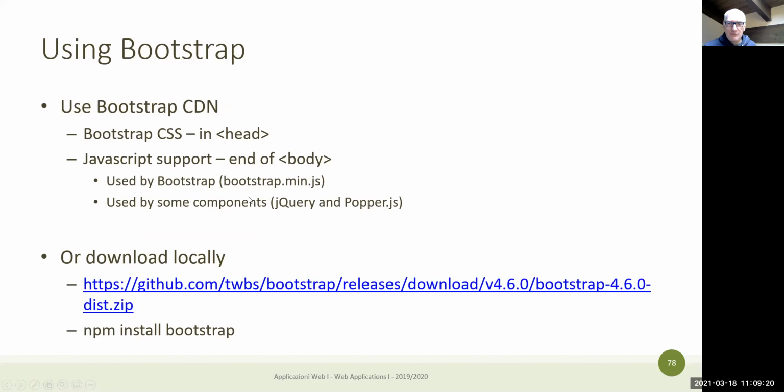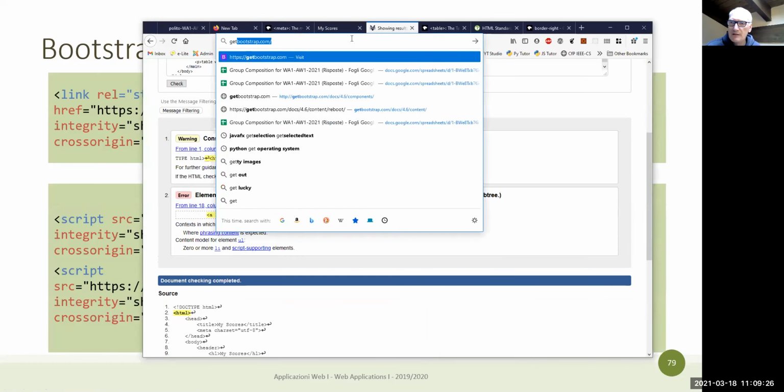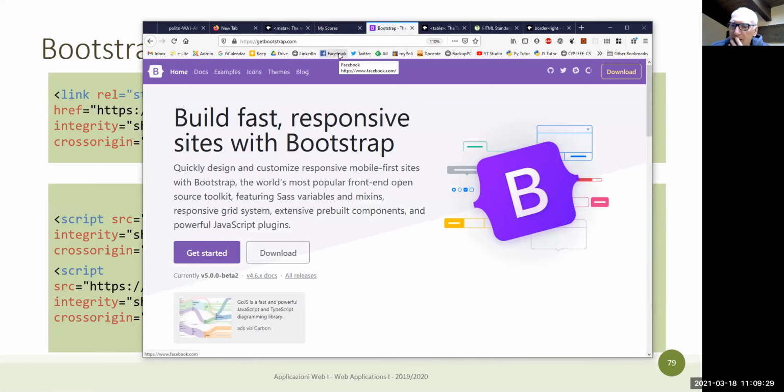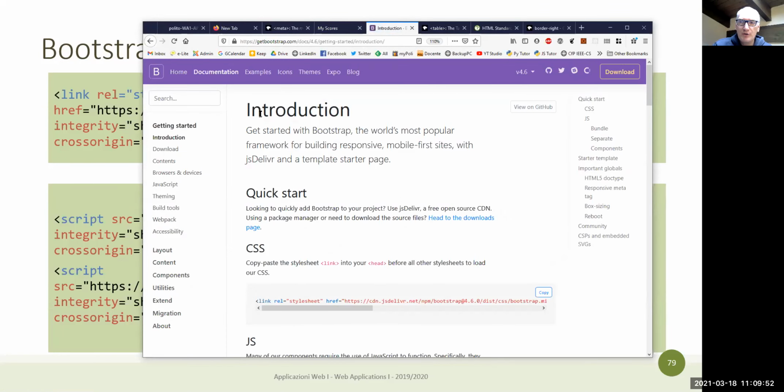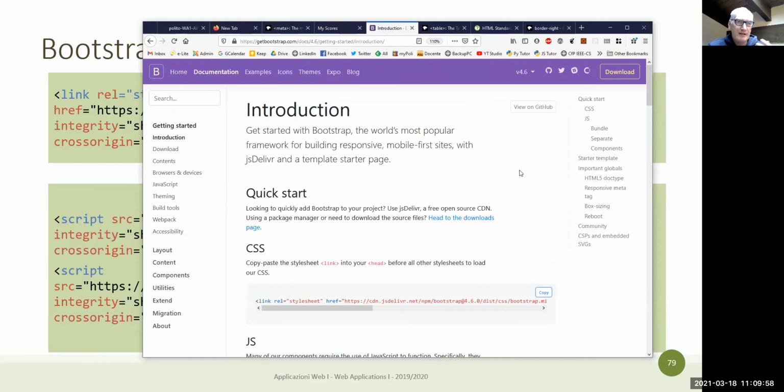How to use it? It's quite easy. If we go to Get Bootstrap, which is the website of the Bootstrap library, just beware, it will propose you to work with the version 5 beta. Let's go back to the version 4.6. First, because it's more stable and more documented, and secondly, because when we go to React, we have a React Bootstrap library that still supports only version 4. So be aware that we want to use version 4, not version 5 of Bootstrap. Otherwise, we will have a problem later when we try to insert that into